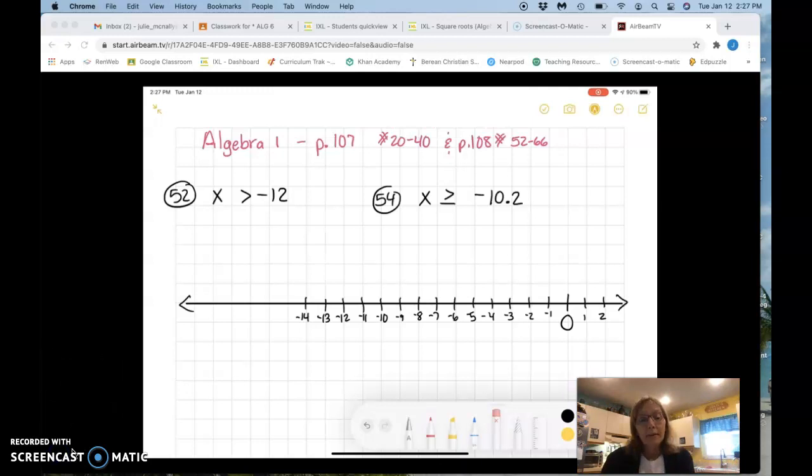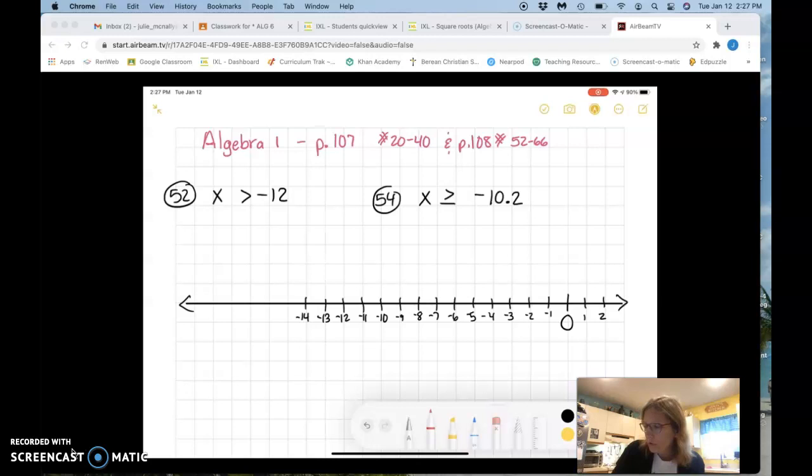Okay, sorry about that. Anyway, so what you're going to do is you're going to just plot the points on the number line and then graph it according to which direction the equation says the arrow or the line should go. So remember,